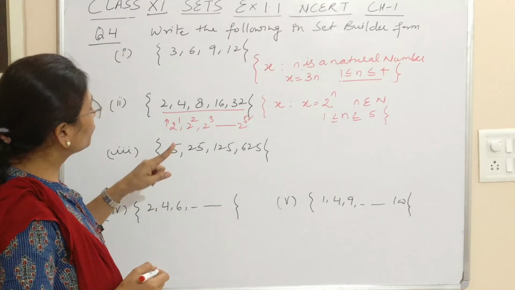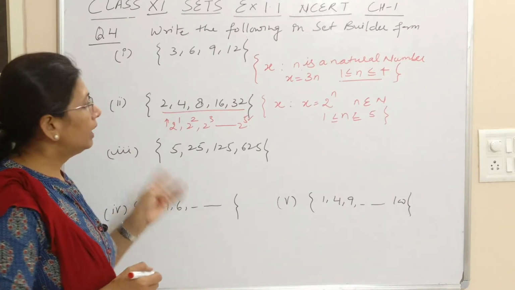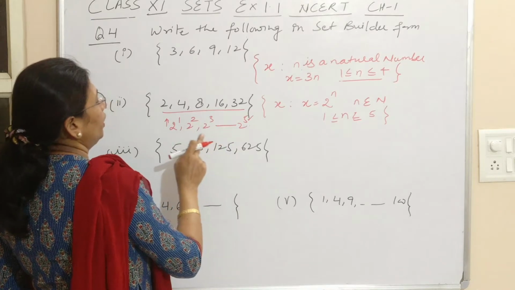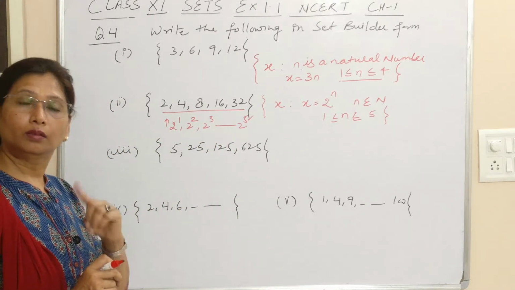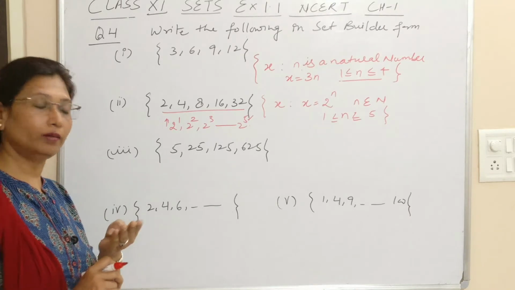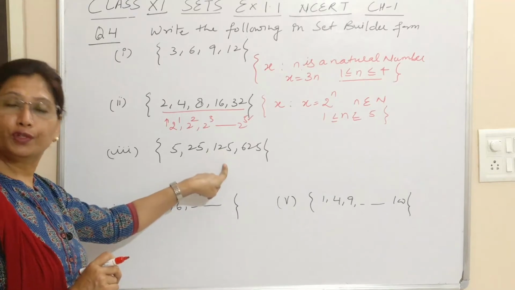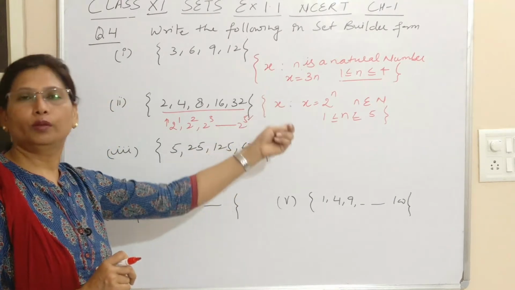So here we have to study, the first thing is that we have all the natural numbers. Second thing is what is a relation, like how it can be expressed. We have to study the pattern. Same way, if you see the third part, that is also a pattern. This is 5 raised to power 1, this is 5 raised to power 2, 5 raised to power 3, 5 raised to power 4. So this will also go in a similar way.